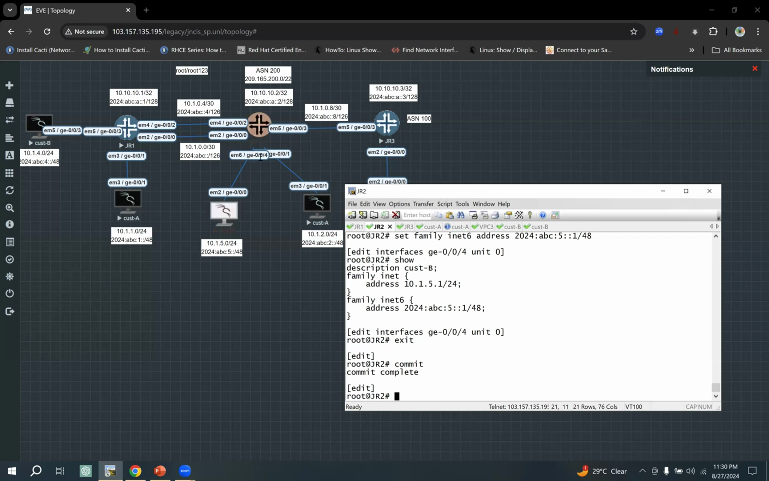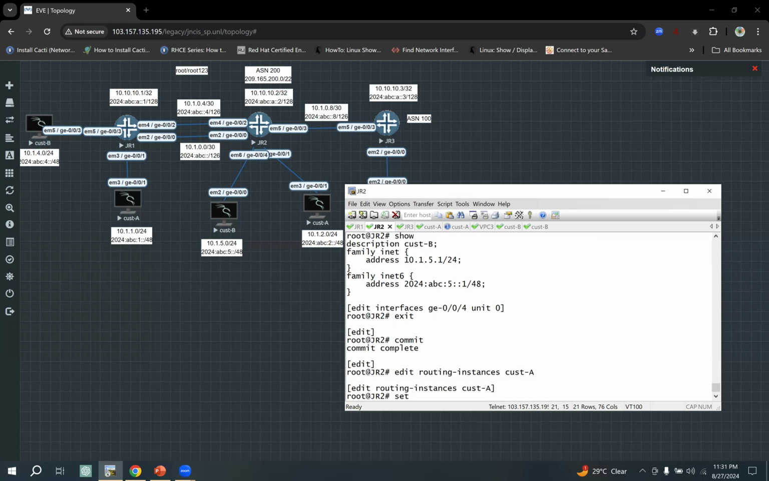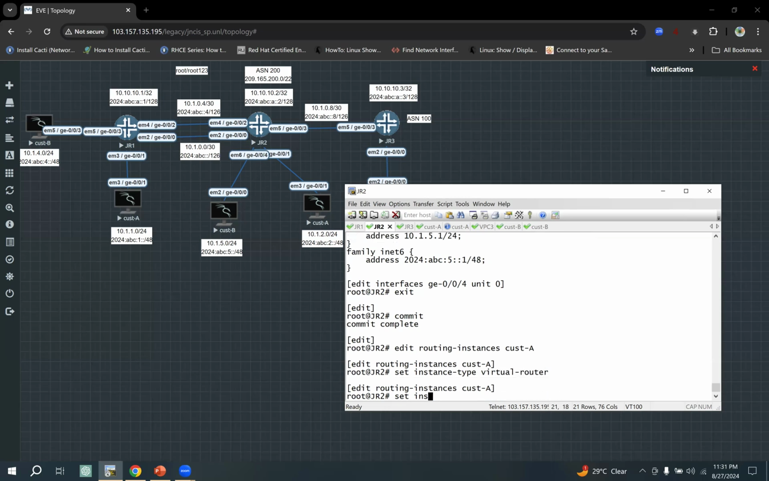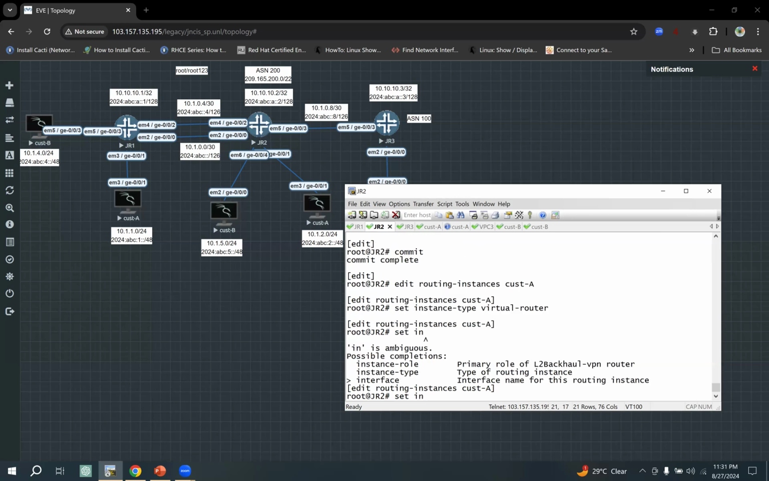I configured 4 and 0 to 1 already in the last lab. So create the routing instances now. Routing instance is customer A. First, set the instance type. Instance type will be virtual router. And second one is assign the interface. Interface is